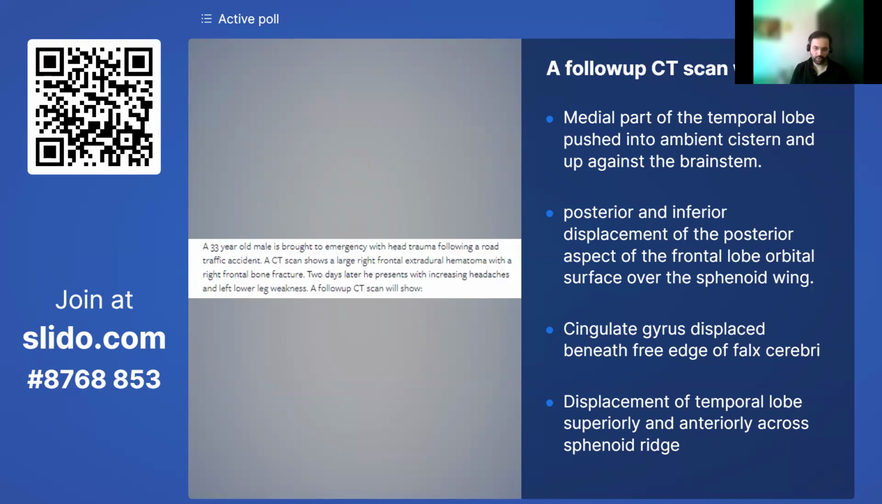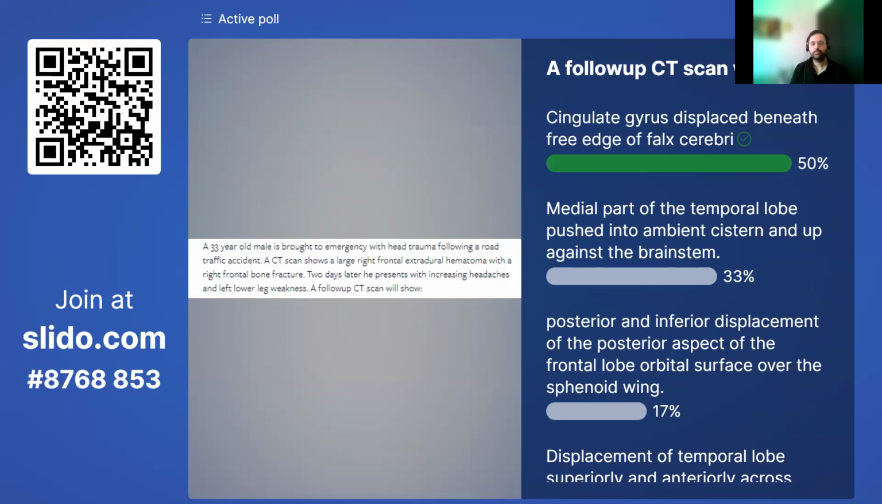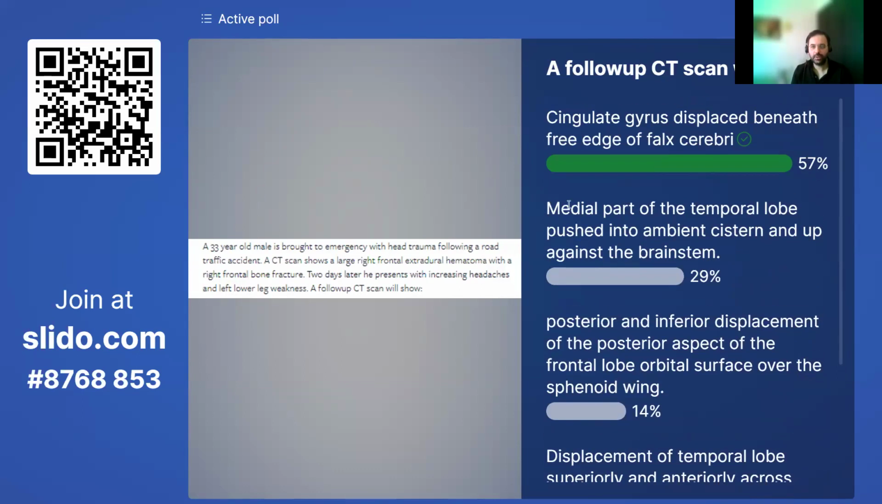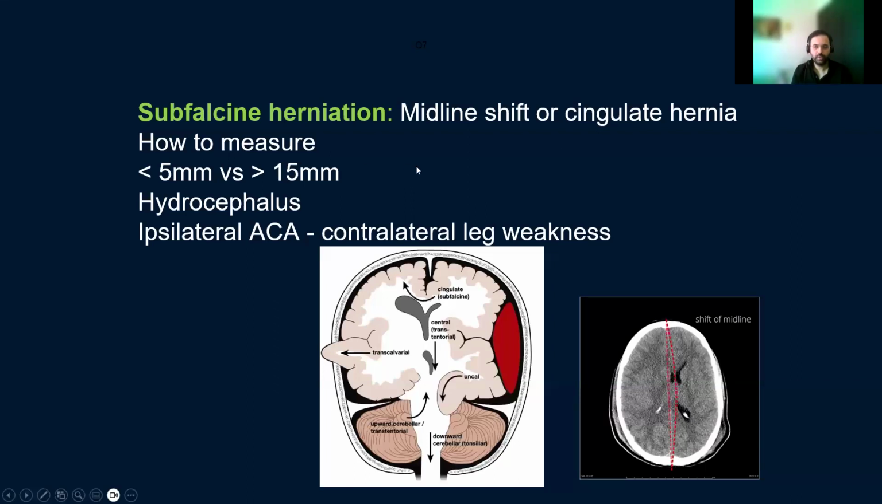Let's look at the poll, I suppose. So half of y'all have said cingulate gyrus being displaced beneath the free edge of the falx, which is the right answer. That's great. So let's go to the explanation. So what does the question stem describe? The question stem is essentially describing what is a subfalcine herniation, or commonly known as midline shift,